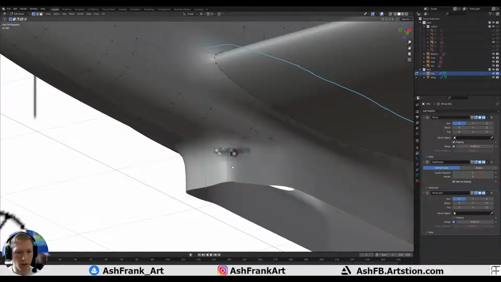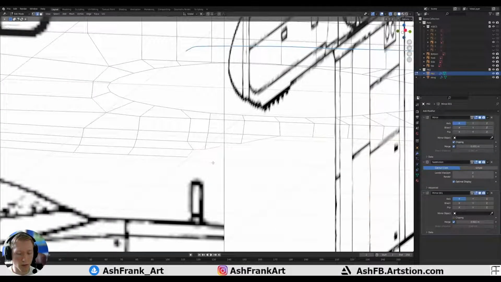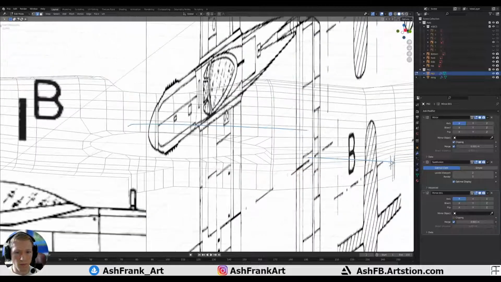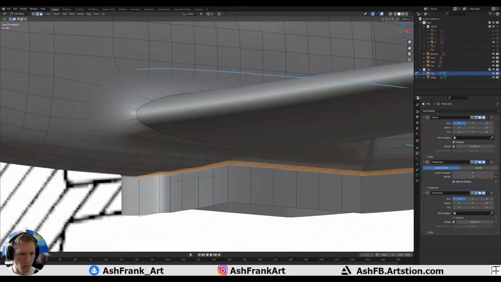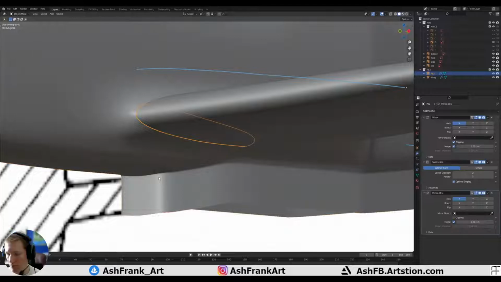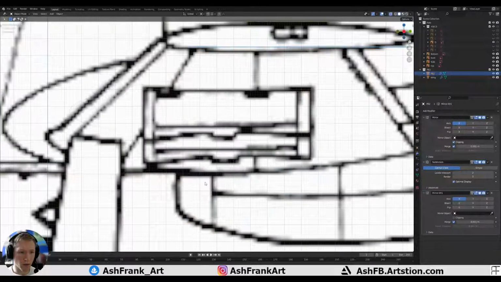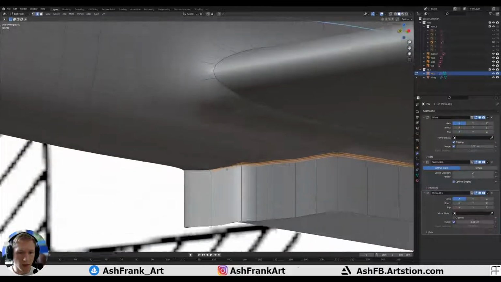Or, better yet, what if I bevel it? So no, redo that. Just like that, and now if I take this here,